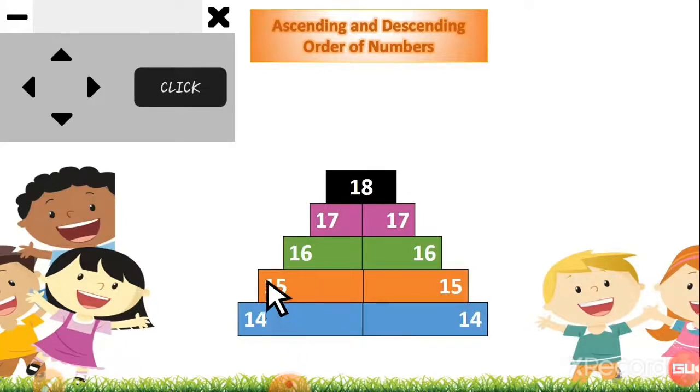See, then the arrow goes upside. See, this is number 15. Then the arrow goes upside. There is number 16. The arrow goes upside, still goes upside. And the last one is number 18. You can see the arrow is moving there. Here you can see. Okay, see this now. So here the numbers are not in proper order. Okay, the numbers are not in the proper order.